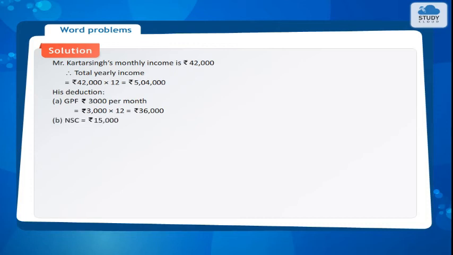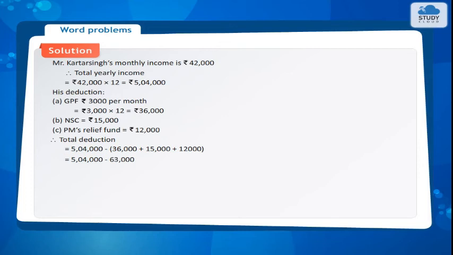B. NSC is equal to rupees 15,000. C. PM's Relief Fund is equal to rupees 12,000. Therefore, total deduction is equal to 36,000 plus 15,000 plus 12,000 is equal to 63,000, and 5,04,000 minus 63,000 is equal to rupees